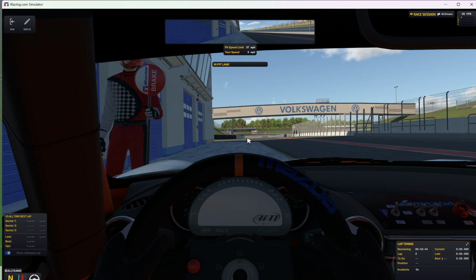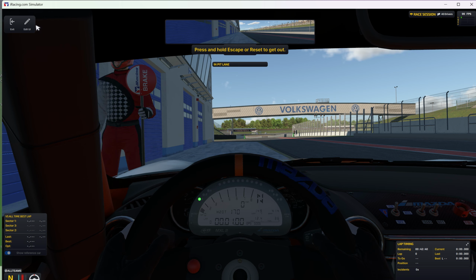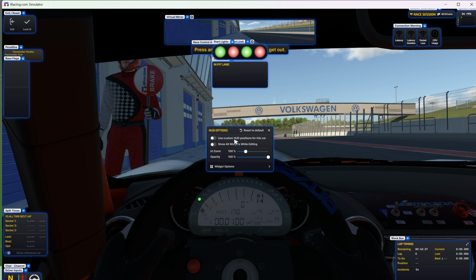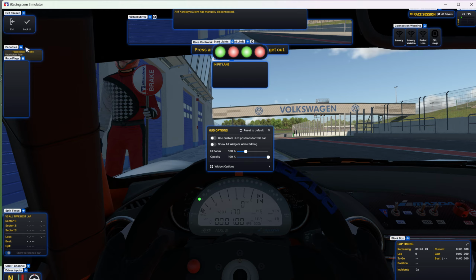Now, that's my current view. That's my current dash. And we're going to click on edit. So this is what our UI looks like. So we can now move things around and see where we want different things: mirrors, and race flags and penalties all go there, all warnings and everything go